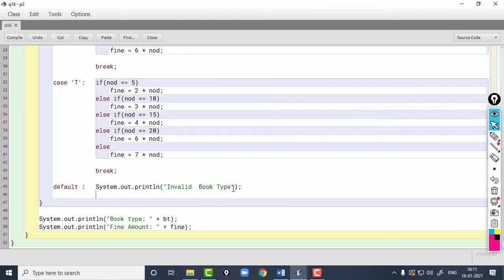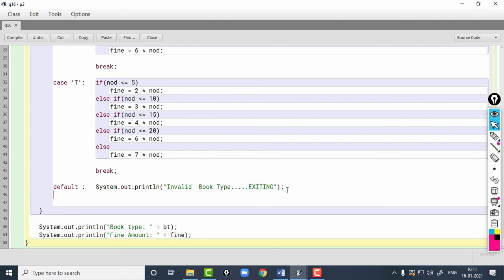Display invalid book type and then I am going to display exiting and I will use the system.exit function to exit.